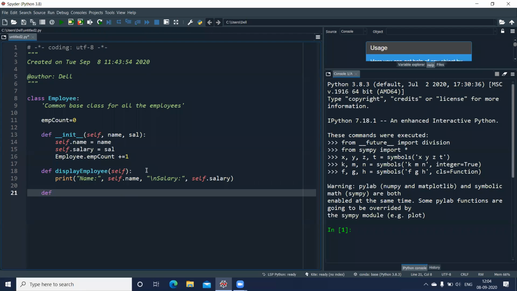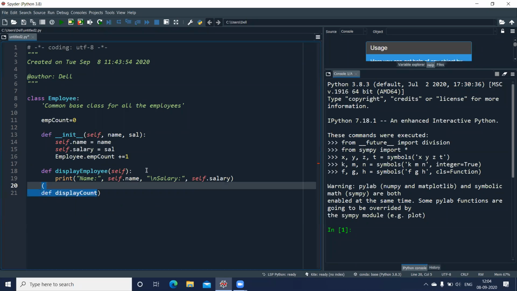One more method, if I want to display how many employees do I have. So let us declare one method for displaying count. So display count. Again, here I'll be passing,